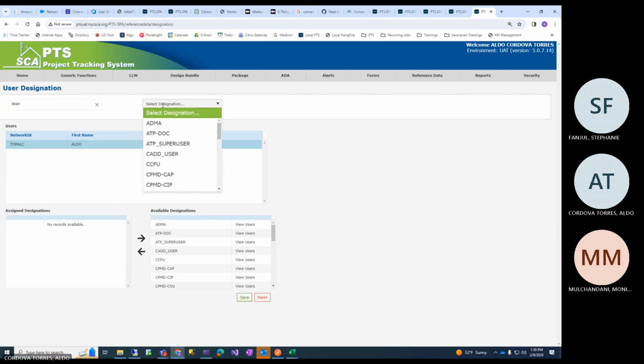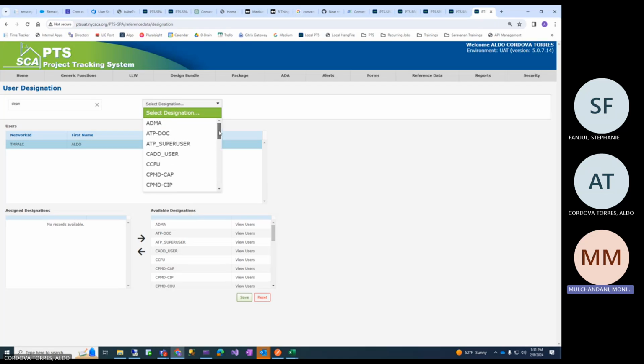This one? Okay, this one, yeah. The first one, I think in the studio we use it for administrative, assistant something. ATP are obsolete, there are some obsolete designations also, which we should actually take out, but for now they're there, with the ATP request for the module in PTS.